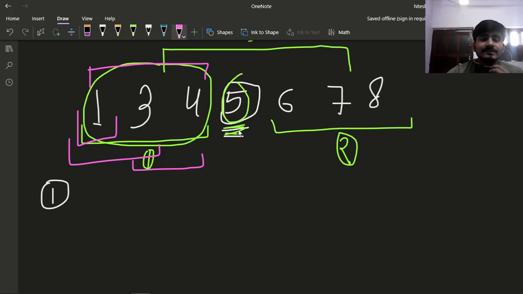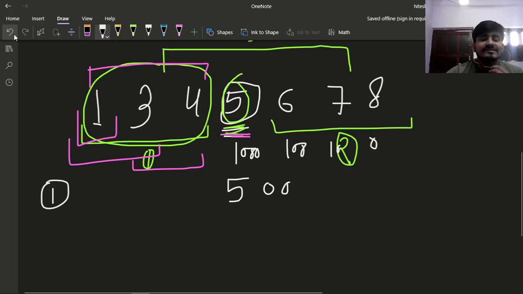How? Because the position of 5 is fixed. 5 is at the 0th, 10th, 100th and 1000 position. So in our sum every time 5 will contribute 5000, or you can say 5 cross 10 raised to 3,